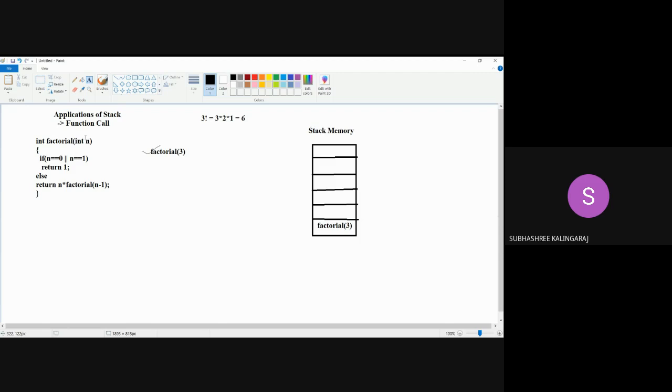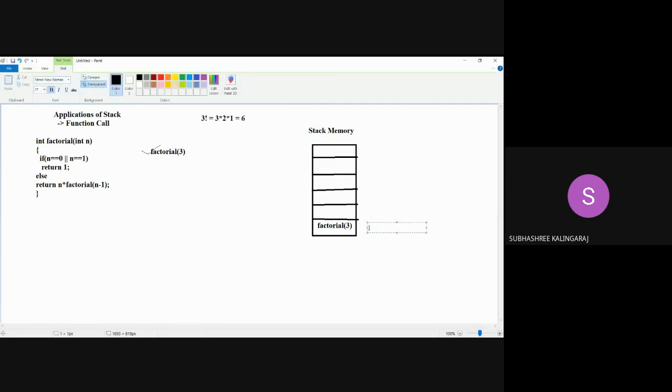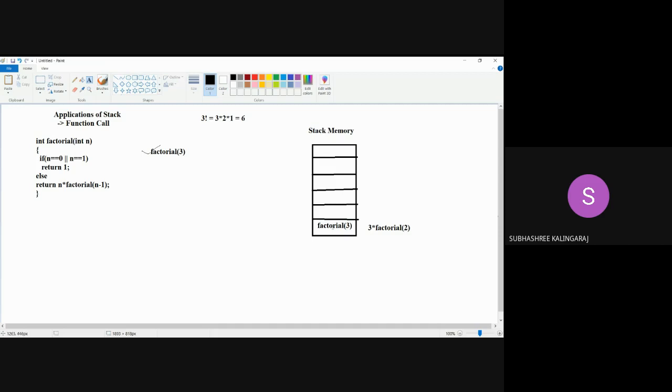The 3 is the value that is passed as the n parameter, which is not equal to 0 or 1, and hence I'm holding n, that is 3, into factorial of n minus 1. Factorial of n minus 1 is 2. Here, the function call of factorial of 3, 3 into factorial of 2, will be called. So again here,